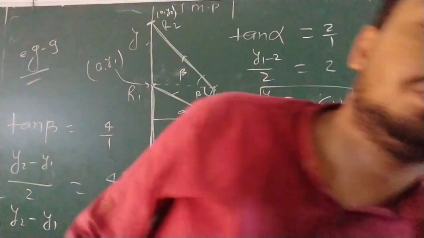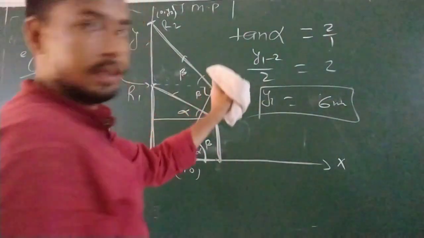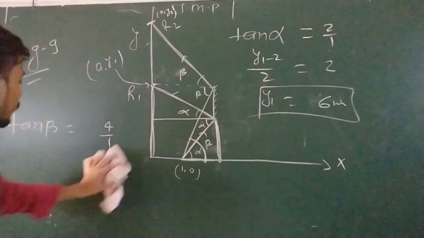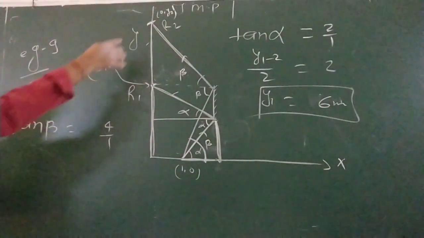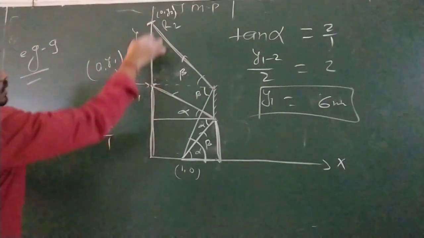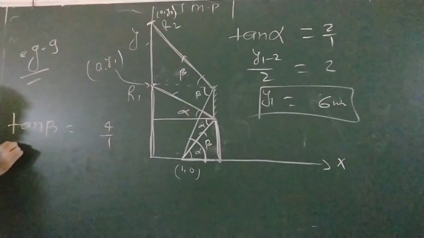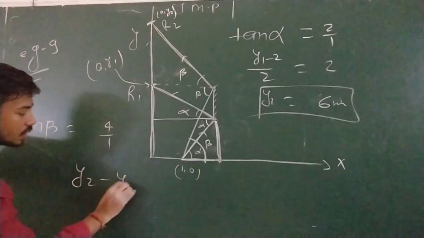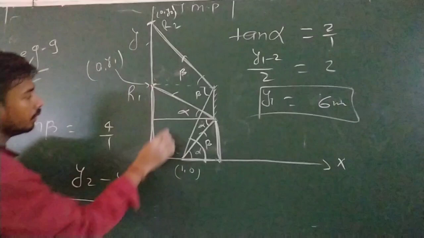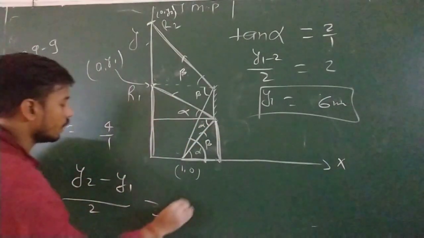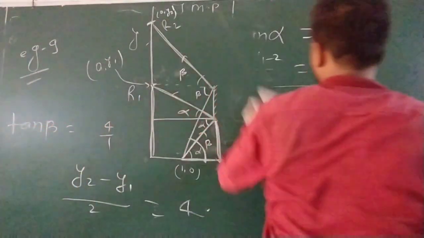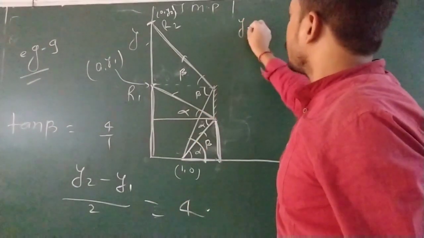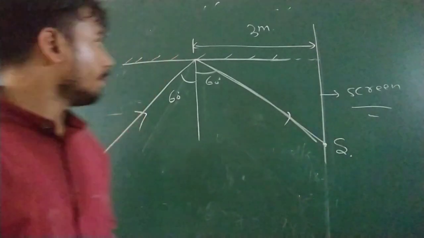Okay, it is not visible. So just see. Okay, we completed this side. So I am again writing here. Tan beta is equal to this height minus this height, y2 minus y1. Is it visible? Okay, no. So writing here y2 minus y1 by this height 2 is equal to 4. If you solve this one, so this becomes y2 minus.